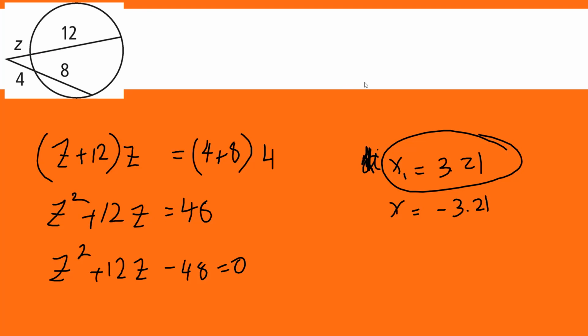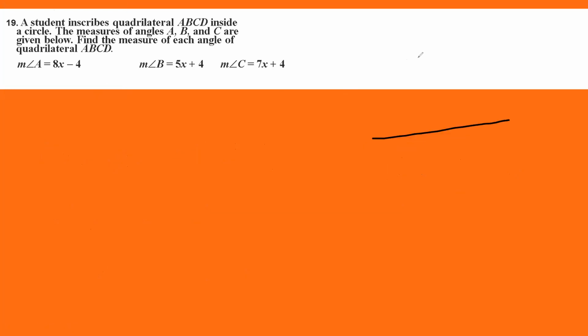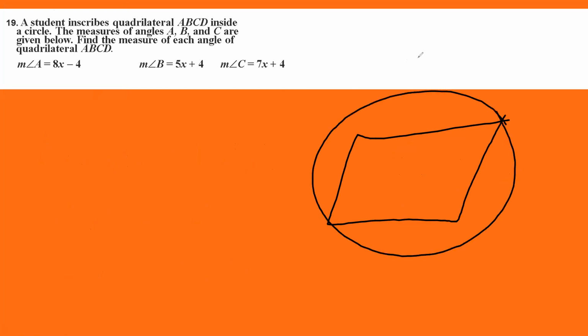So now let's come here. And in this one here, inshallah, I have only 1 minute. Here we have a quadrilateral inside a circle. This is 80x